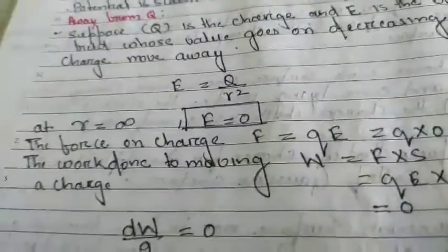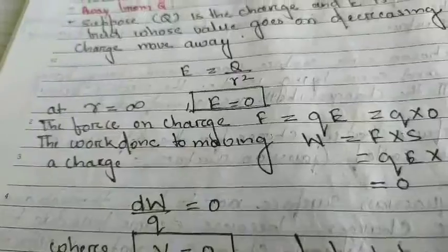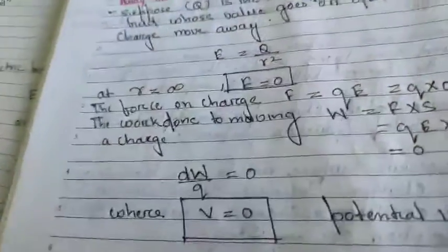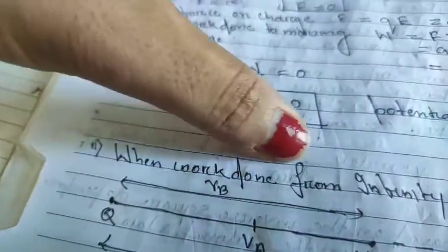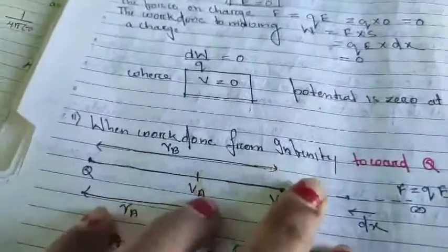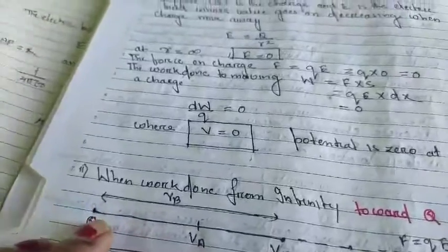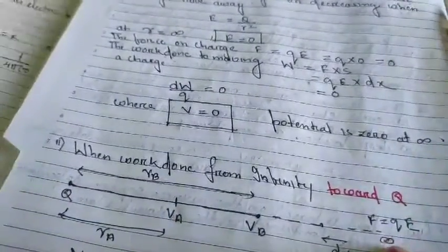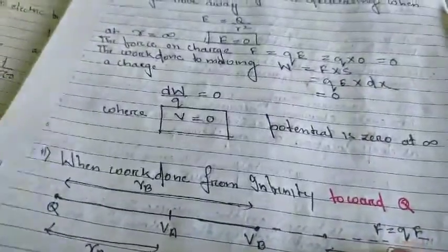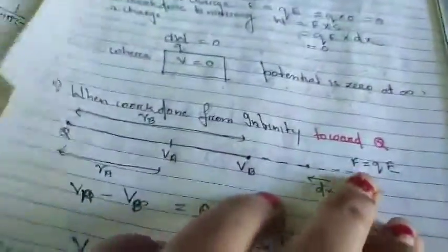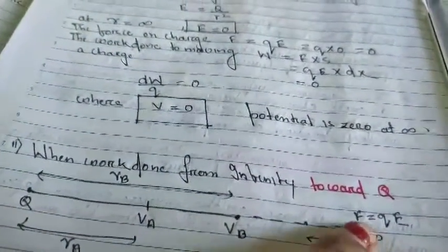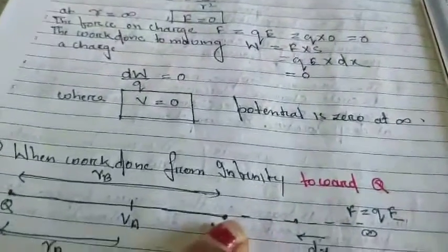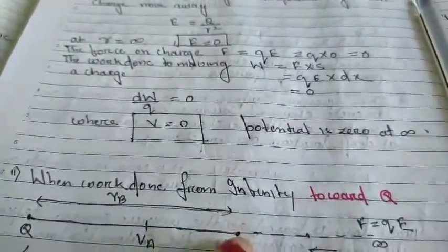What I will do now, I will try to do some work to bring my charge from infinity towards some point. So what I have considered here, see what I have done, student, the work done for bringing a charge from infinity to point Q. So see, this is the charge Q, okay, and some distance of separation is infinity, means you cannot create anything and you cannot get the value of potential. So what I will do, the distance of separation should come near a point where I can visualize and identify the position.